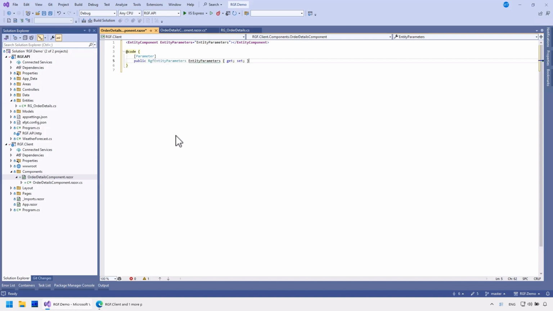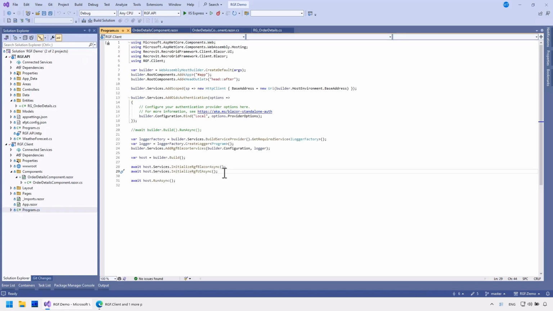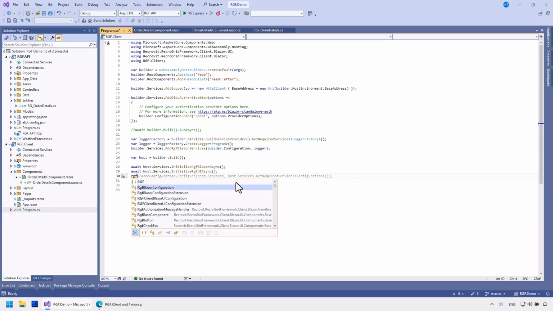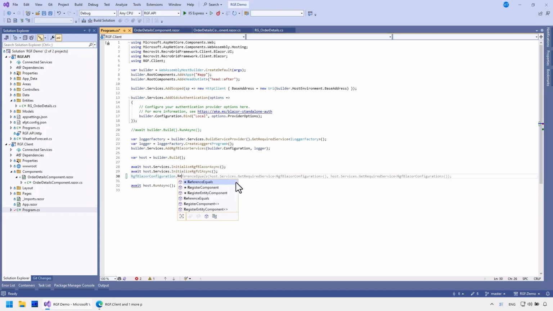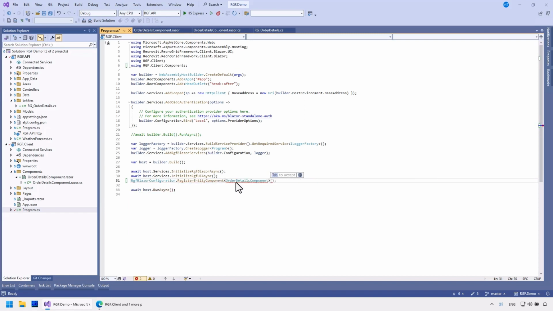I'll pass a parameter specifying that we need to use version 1 of RG order details, which is our server-side entity. This component needs to be registered with RGF. For simplicity, I'll do this directly in Program CS, after RGF initialization. In a real program, it's advisable to collect these in a separate file in an organized manner.